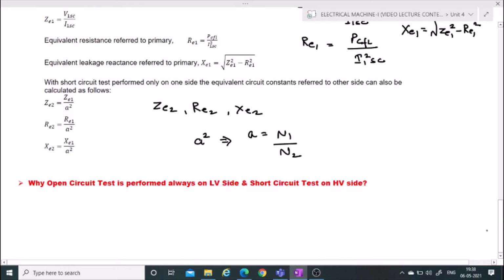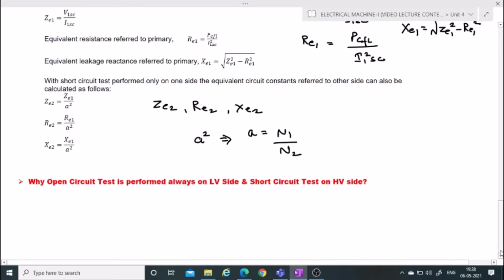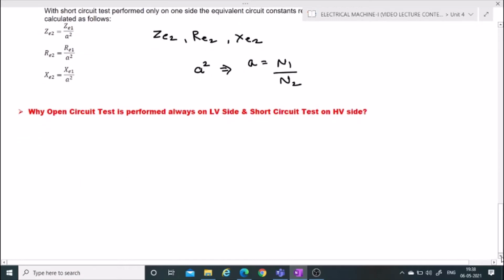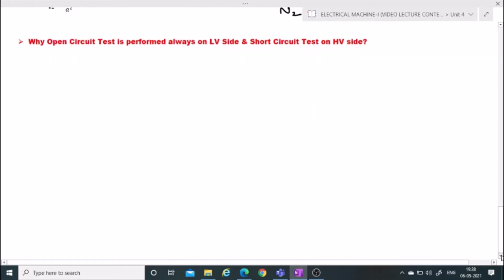The one important question from this is that why this open circuit test is always performed on low voltage side and why this short circuit test is always performed on high voltage side. This is a very important question for examination point of view and also for interview point of view or for competition exam point of view. So to